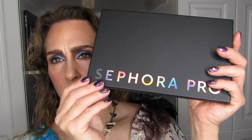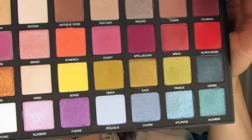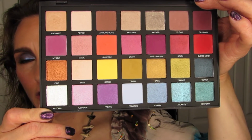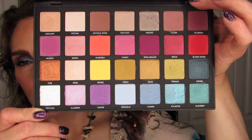And for some reason, these palettes I keep in their original boxes. This is, like I said, the Editorial 2. And this time they have the names on or underneath the shadows. And I think that you can see how this would be its more neutral sister, and that it is quite complementary to the palette colors in the original, or the Sephora Pro